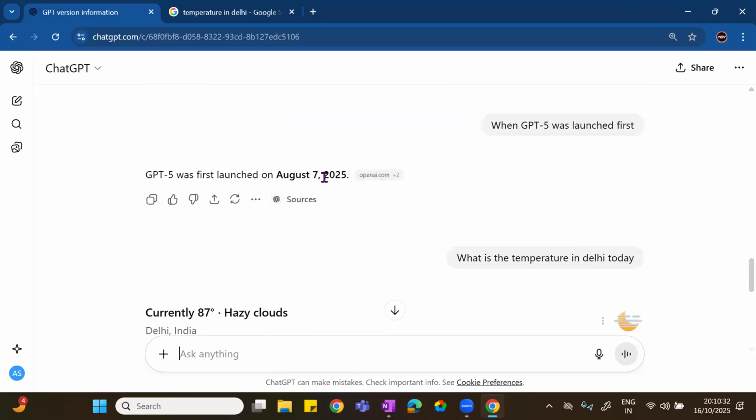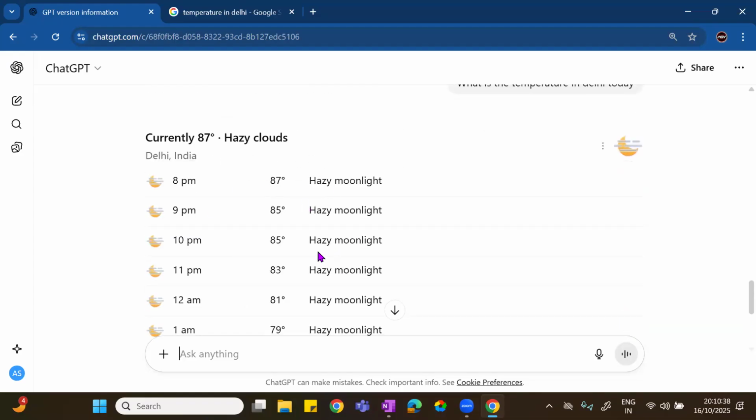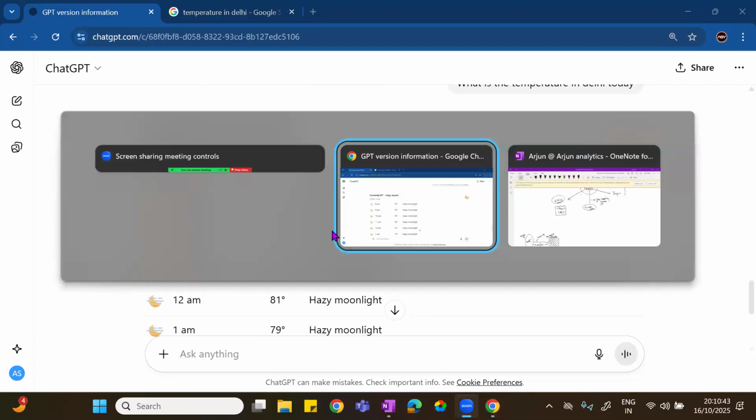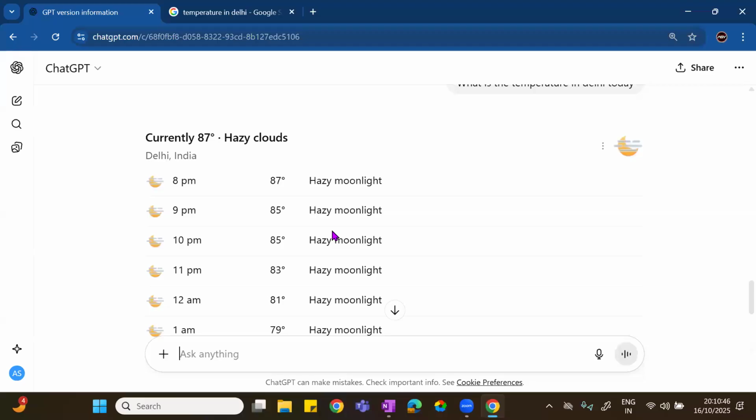Now, this was trained with data up to last August, like 2 months back. How is it getting this? The LLM is allocated with some agents for this kind of purpose. In this case, the LLM will trigger the relevant agent which deals with temperature and weather reports. It gets that information and gives it to the LLM, and the LLM displays it to us. I hope you got it.